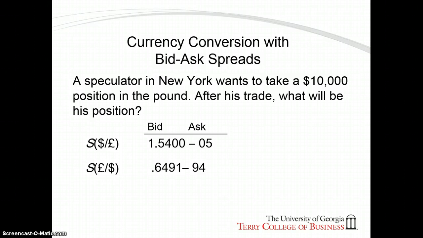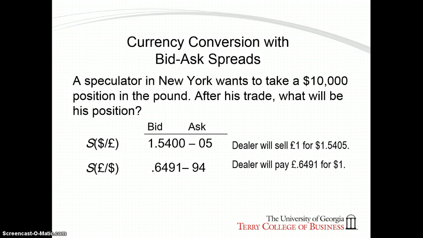As our first example, consider a New York speculator who wants to take a $10,000 position in the pound. After his trade, what will his position be? That is, how many pounds will he have? Suppose a dealer provides the quotes provided here. Note that the quotes for the pound in the first row are in American terms, and the second row are in European terms. The speculator wants to sell dollars to buy pounds, which means the dealer will be buying dollars and selling pounds. From the dealer's perspective, the dollar is the asset that he will be buying,